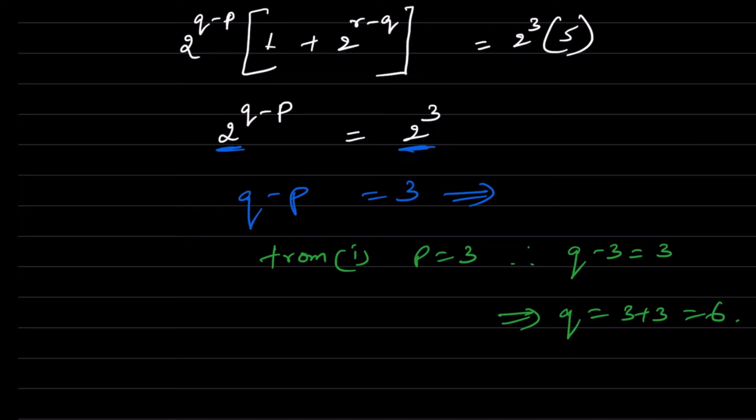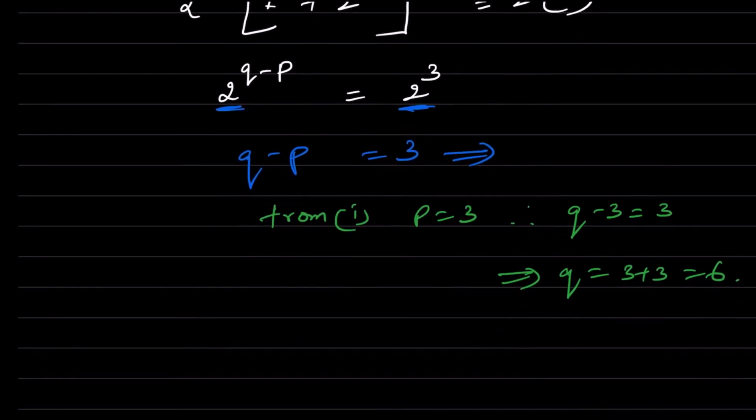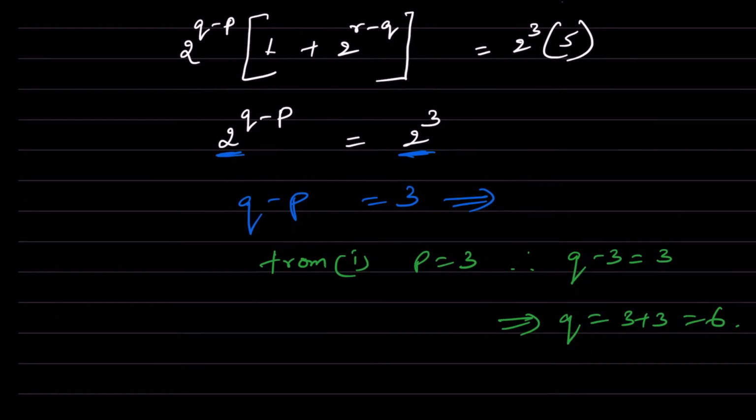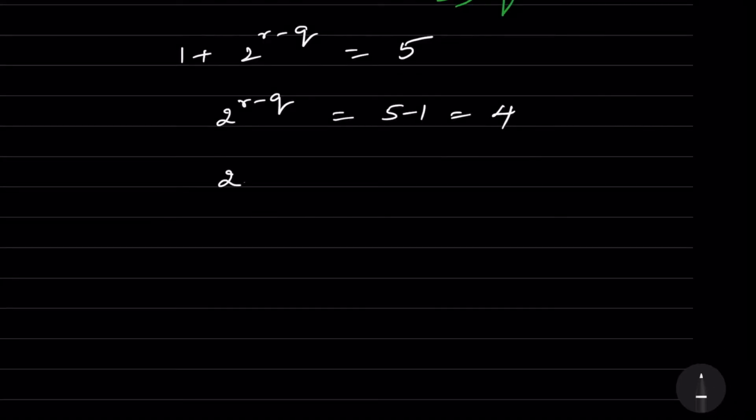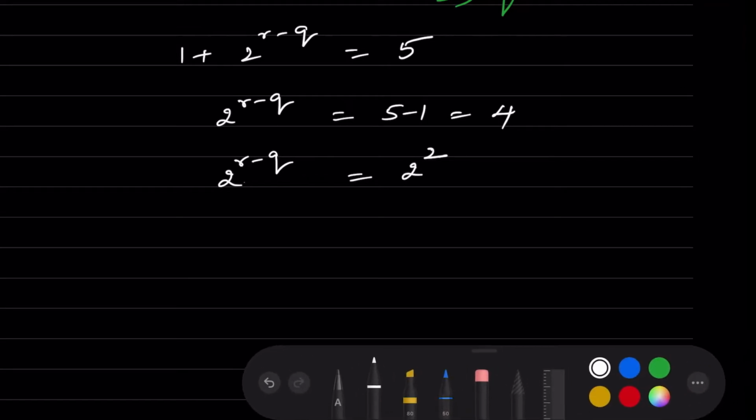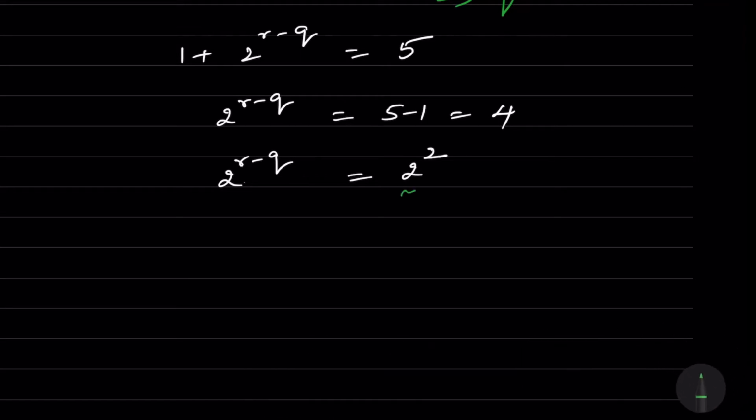We are having here again from this equation that it is left over 1 plus 2 to the power of r minus q is equal to 5. So now you can write this as 2 to the power of r minus q is equal to 5 minus 1, which is equal to 2 to the power of 2. Now since again the bases are equal, you can write here r minus q is equal